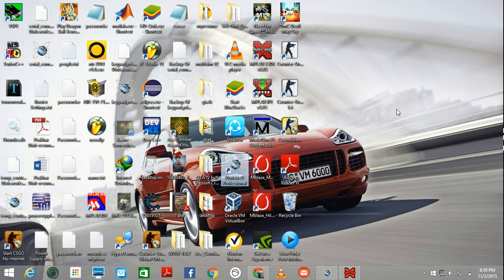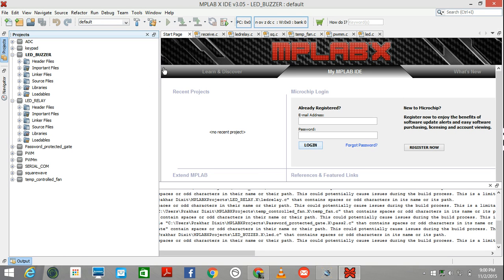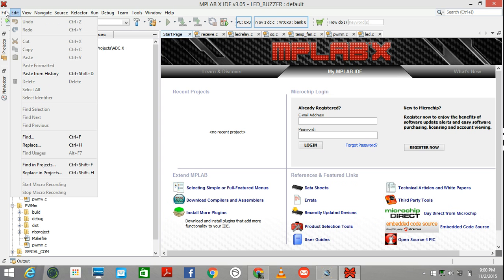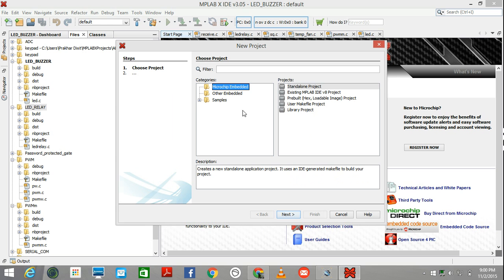So I'm just going to start with how to program your microcontroller in MPLAB. When you open your MPLAB, that means this icon, this is the very first page that you get. The very first thing you have to do is create a new project. In order to create a new project, you go File, New Project, then Standalone Project, Next,